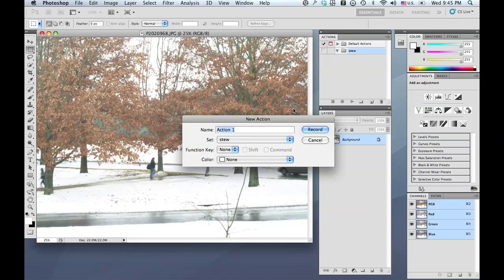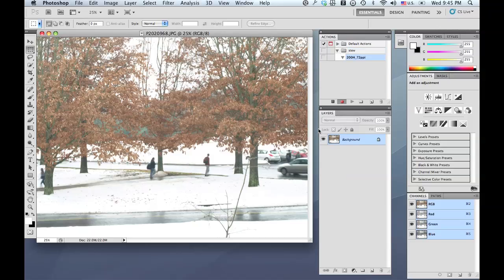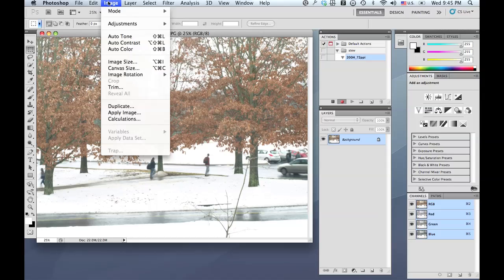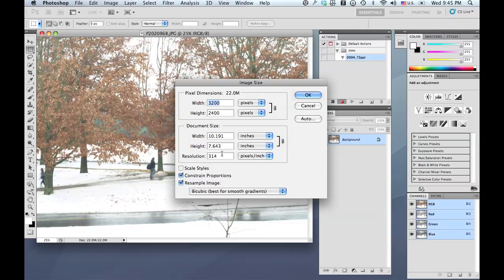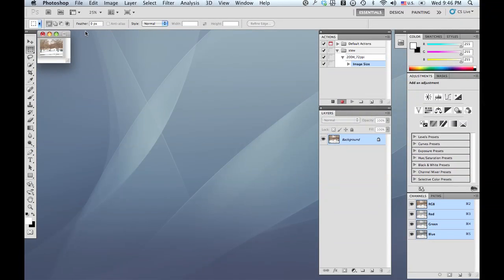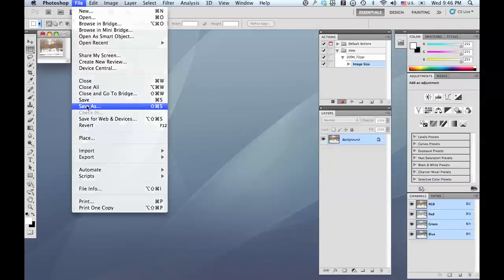The new action, I want to have these images 200 pixels high, so I'm going to type in 200 H. And then I want them to be 72 pixels an inch, so I'm going to type in 72 ppi. And I'm going to click record. Now that I'm recording, I'm going to go to Image Size. And I can see that this is quite a large image here, so I'm going to reduce the resolution to screen resolution for the web, 72 pixels an inch. And I want my height to be reduced to 200 for all of the pictures that I'm going to be working on. I'm going to click OK to OK that,